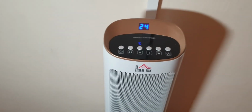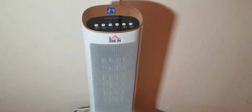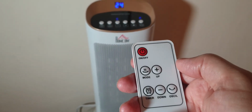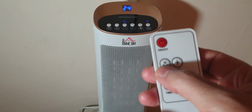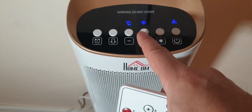The shadow is because I have the light here, just to show you what is happening inside. It has two large fans, like computer fans at the back, so it is rather quiet as well. So let's turn it on first. When you turn it on, it just goes like a fan because there is no heating selected. And then with the mode you can tell it to do a fan. At the moment it does the fan, and then if you press this it goes to 1000 watts,